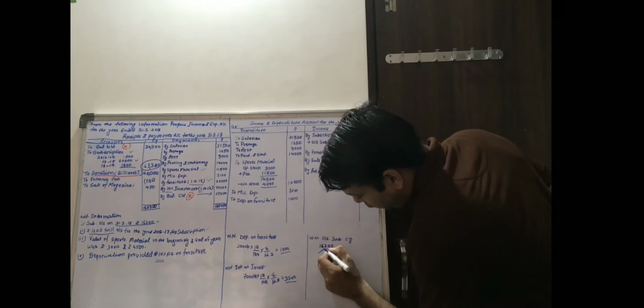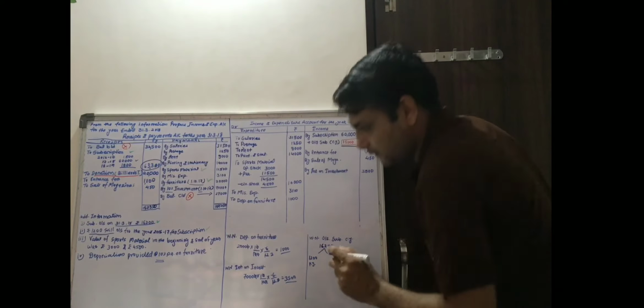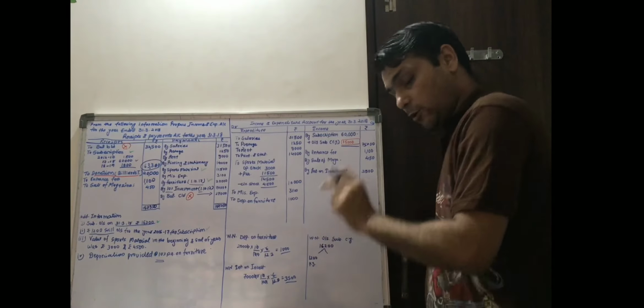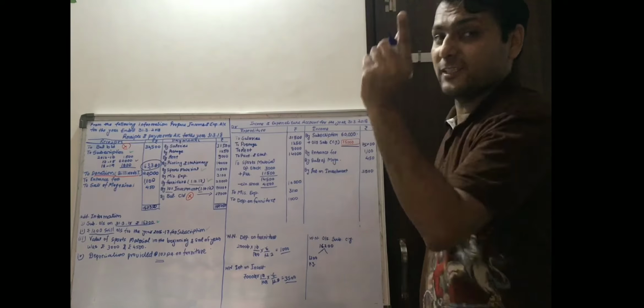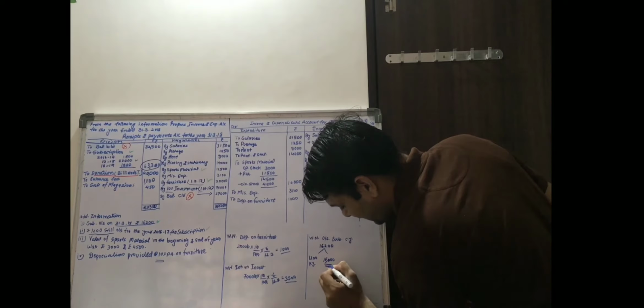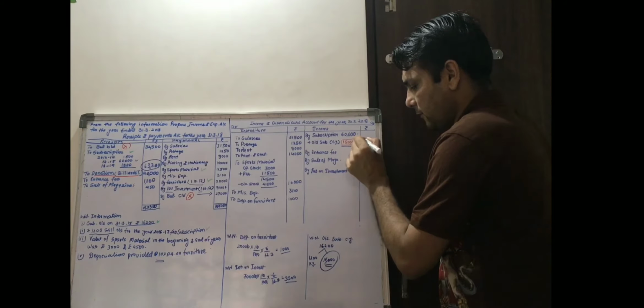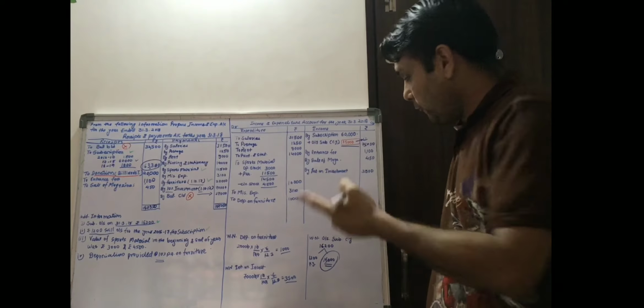So we have to make two parts. 1,200 is the previous year. This is not recorded in income, but it is recorded in the current year balance sheet as a previous year outstanding. So the balance is 15,000. This is the current year outstanding, and this amount you have to record here. See how 15,000 comes.